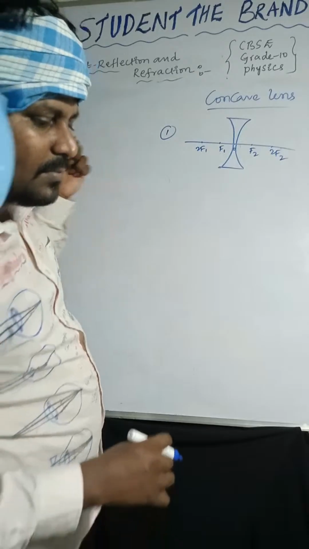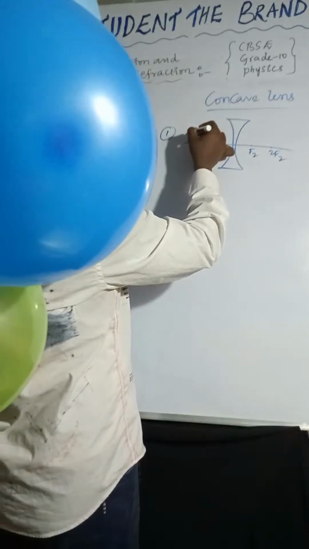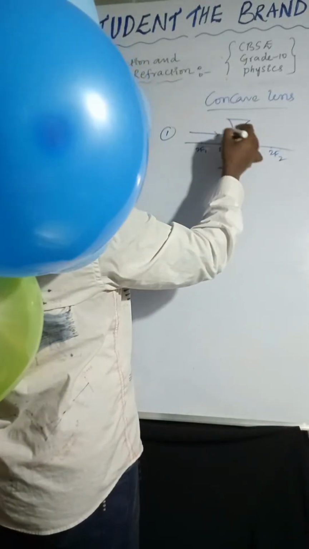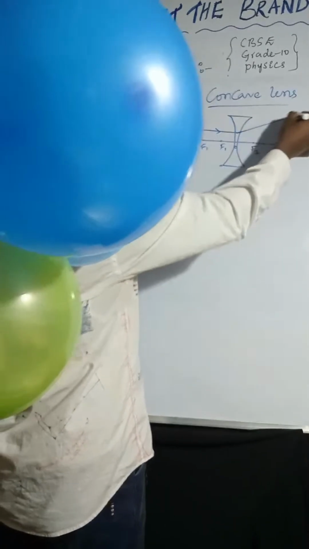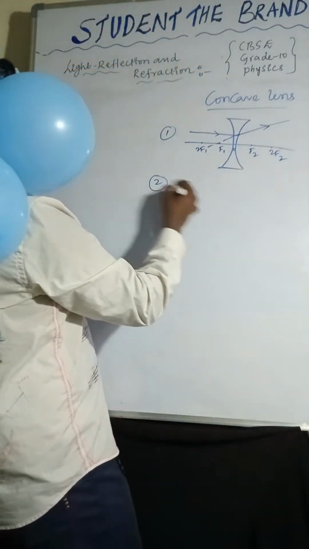So the light ray is passing like this. After refraction, it will pass through focus F1. Second one,